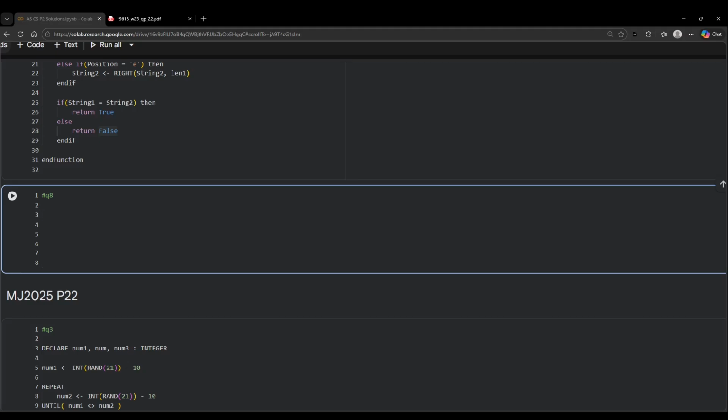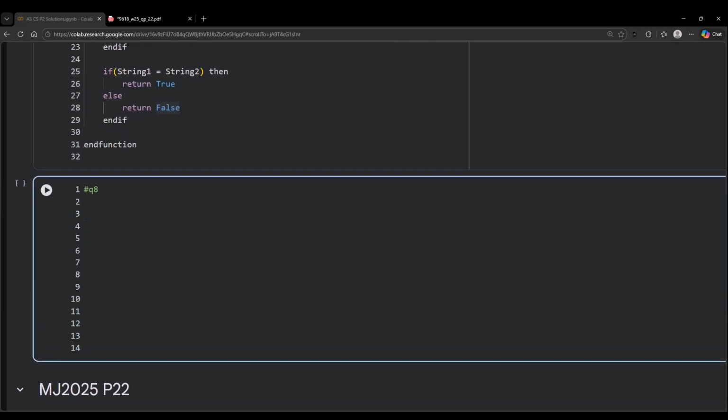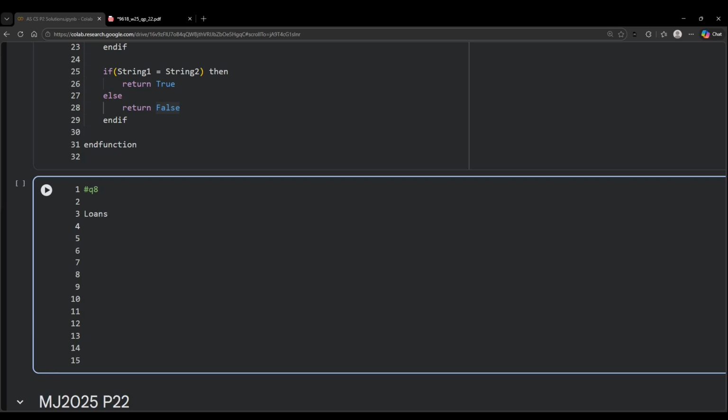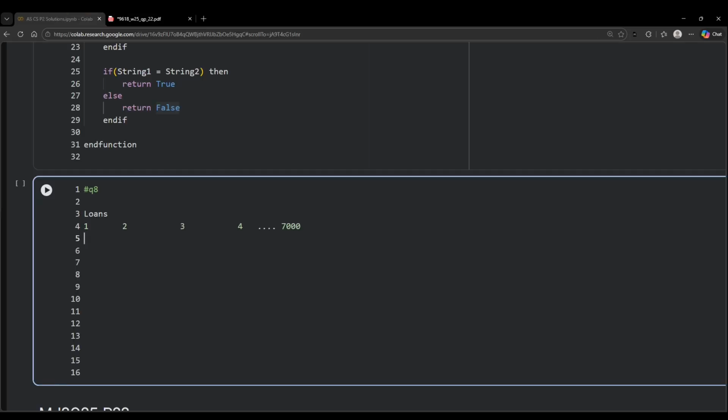Okay, before we actually start this, what is the program asking and what is going on? So first we will visualize. Loans is an array with 7,000 values. So 1, 2, 3, 4, and then all the way to 7,000. Now what is happening here is that on each array index,